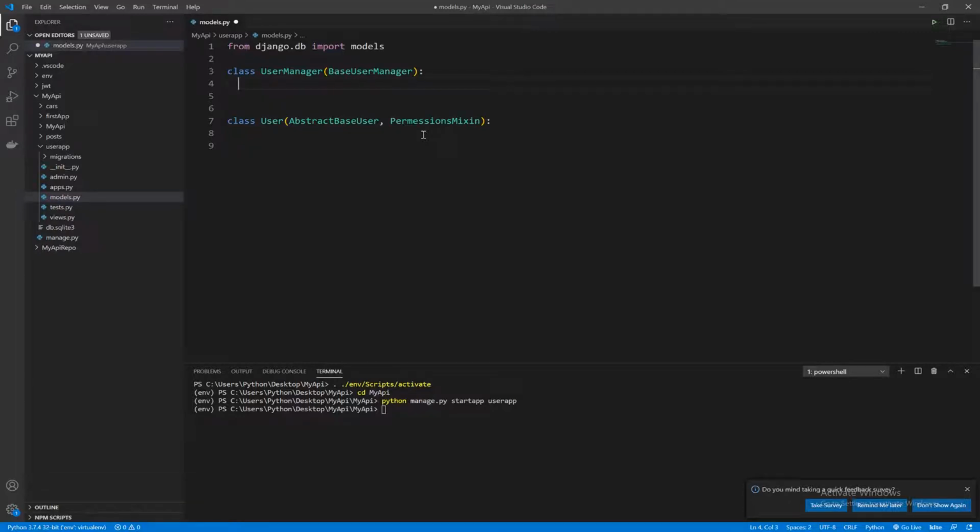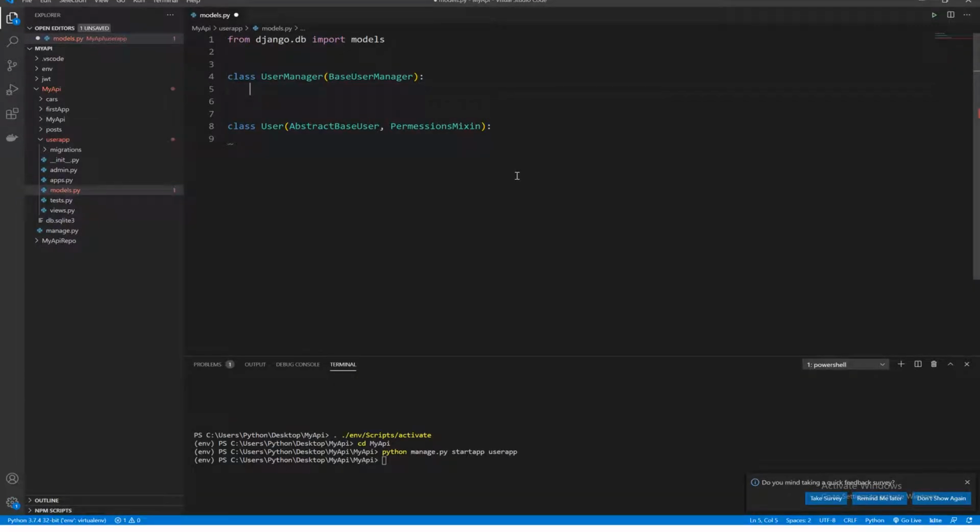Inside the user manager class, let's create a private method, which is the create user method that will handle the user creation. So we'll type create user, and inside here we'll add all the necessary arguments that are needed for the user creation. Okay, so we'll start with username, sorry for that, email, password,